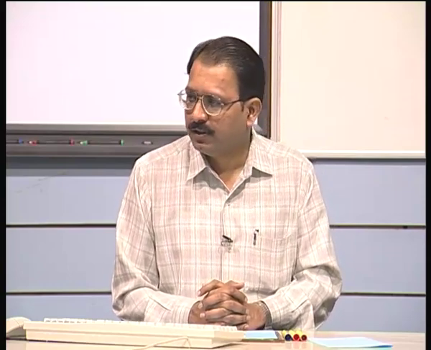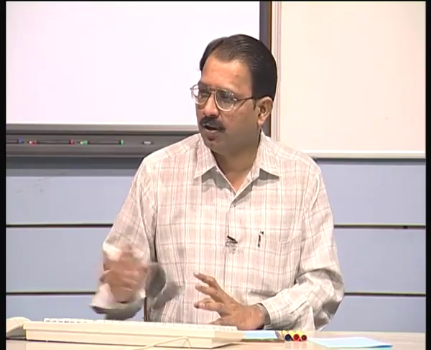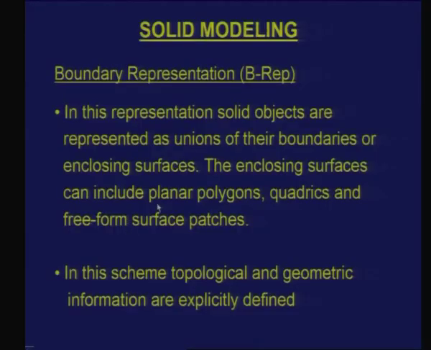Boundaries have two sides. There is one on the material side and the other is a non-material side. So a volume which is enclosed by all the bounding surfaces is nothing but a solid. Okay. So if I do that, this type of representation is usually called a boundary representation. So the enclosing surfaces can be polygons. If all the surfaces which enclose a solid are planar polygons, then the object is called a polyhedron.